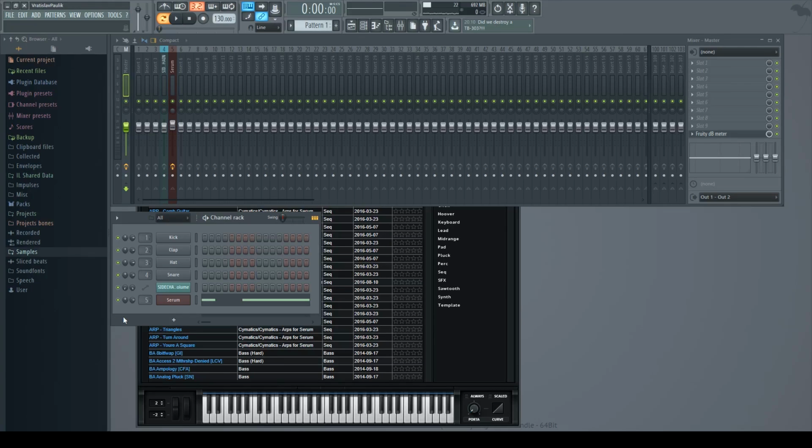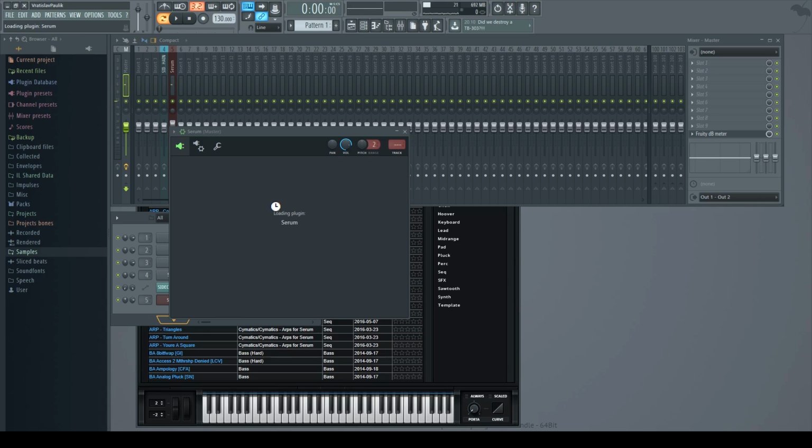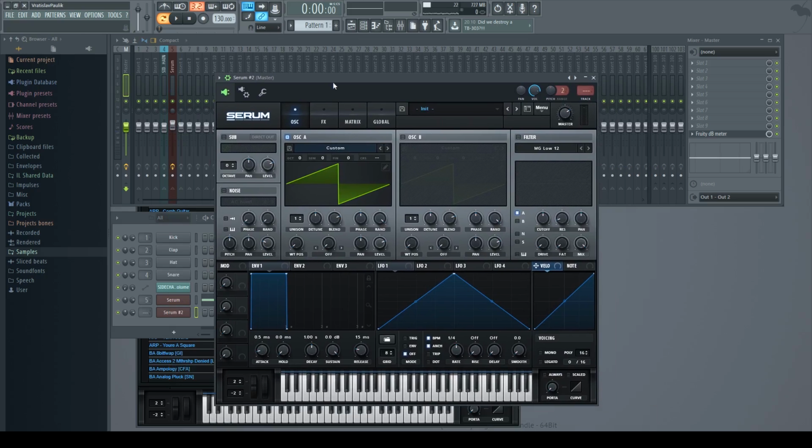It's a Skrillex sound that he used in Purple Lamborghini, for example, and this is how it sounds. Alright, so let's get right into it. I'll open up a new Serum, and before I started making this sound, I knew that this type of sound